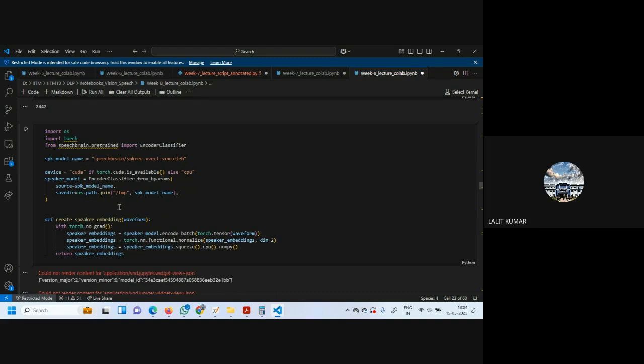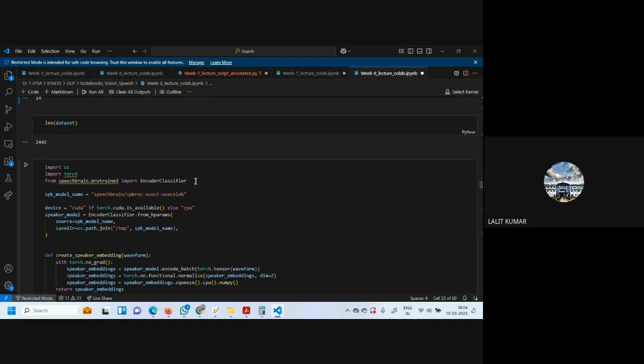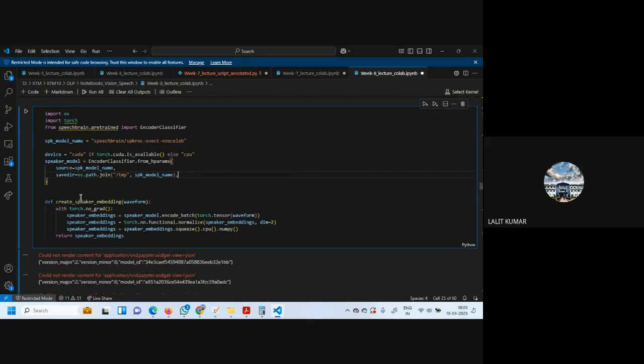Now we are importing the encoder classifier from SpeechBrain. The model is this one, model 1. The device is okay. Now the speaker model is the encoder classifier, and we pass this speaker model and save it in our directory in temp, speaker model name. Now we are defining speaker embeddings of the waveform.